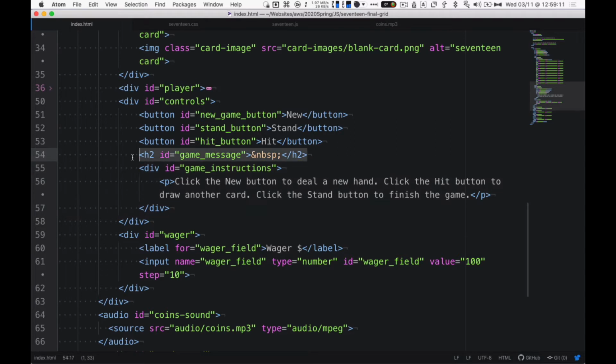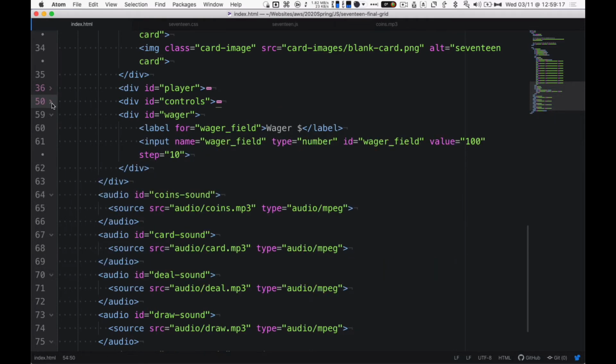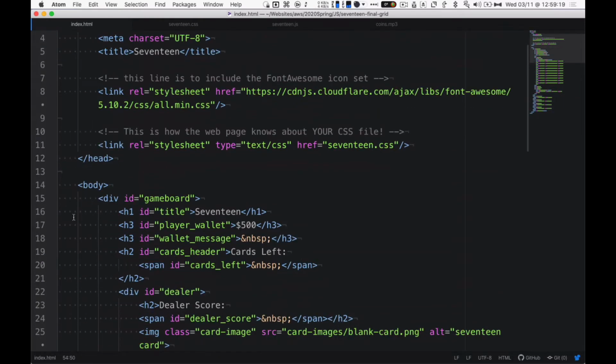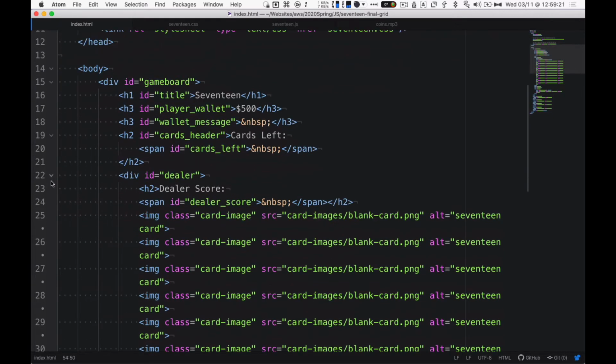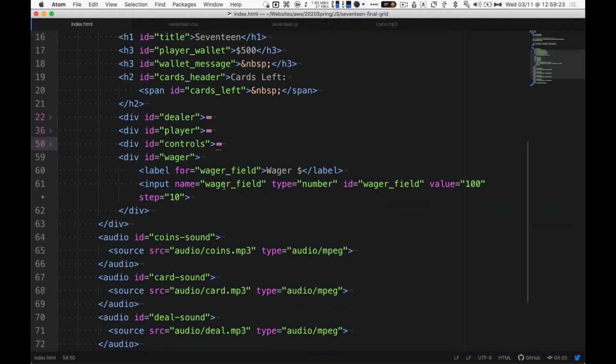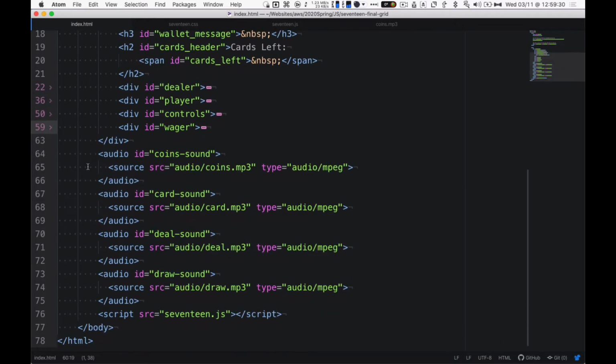So the game message is like you lose, a draw, you win, that kind of thing. Then I'm just going to collapse these as I go. I'm going to collapse the dealer too, and then the wager is just a label and an input field, just like we did for the other projects. Okay, and then down at the bottom, these things are outside of the game board,